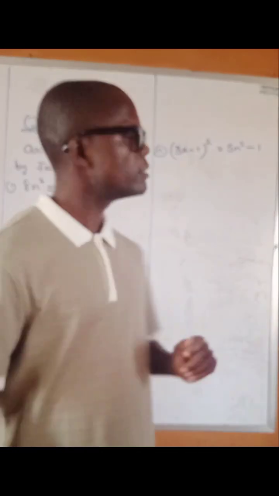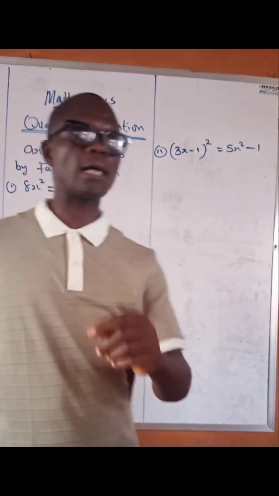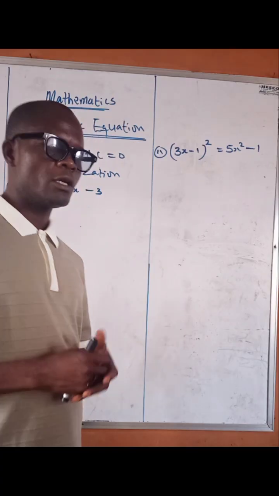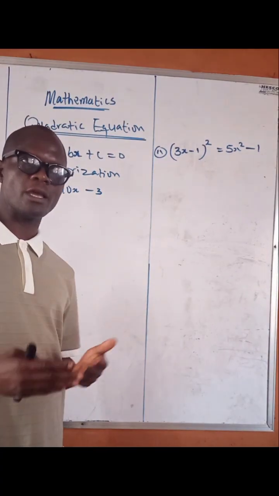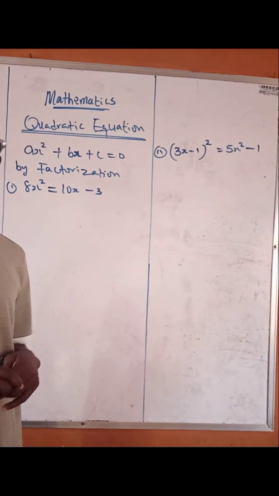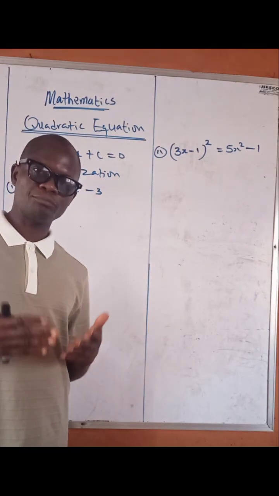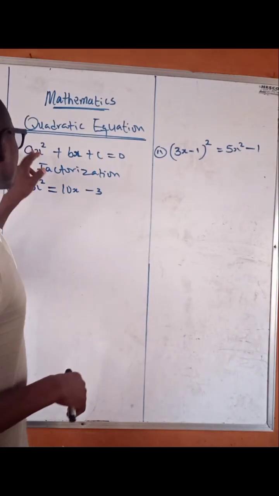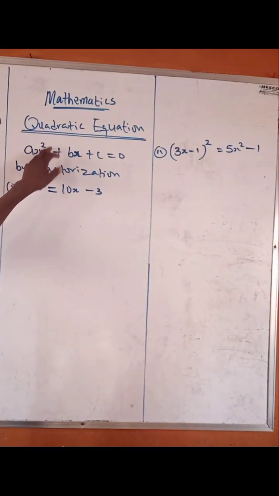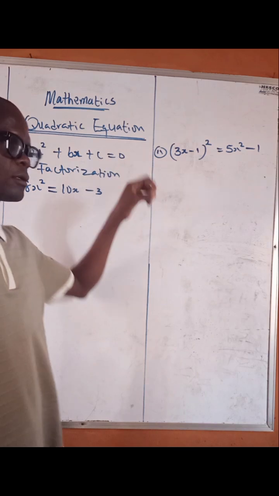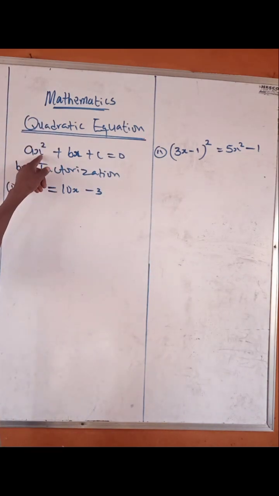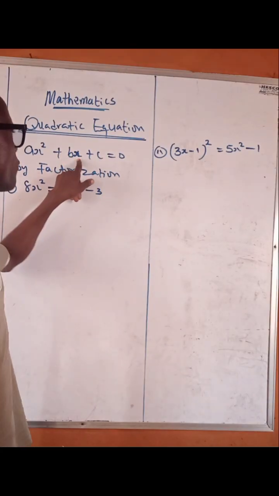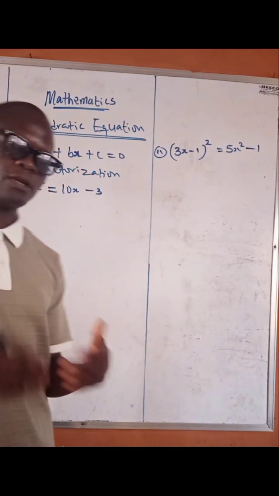Today we'll be dealing with what we call quadratic equation. And as we all know, a quadratic equation is an equation in the expression of ax² + bx + c = 0. It's an expression of ax² + bx + c. Now, a is the coefficient of x², while b is the coefficient of x, and c is referred to as